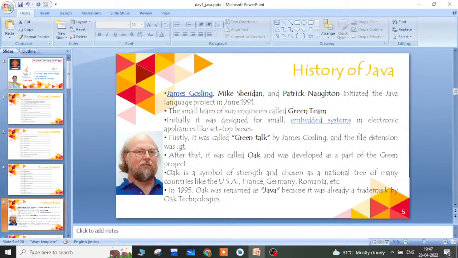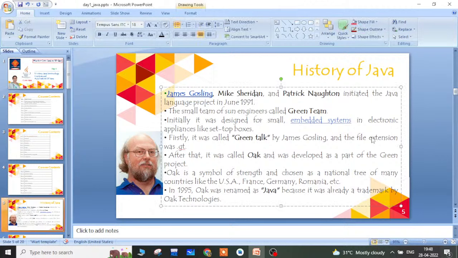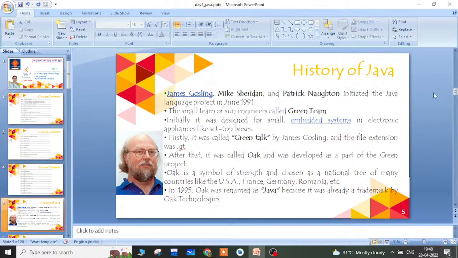Initially, Java was designed for small embedded systems and electronic appliances like set-top boxes, and nowadays it can be used for many applications.